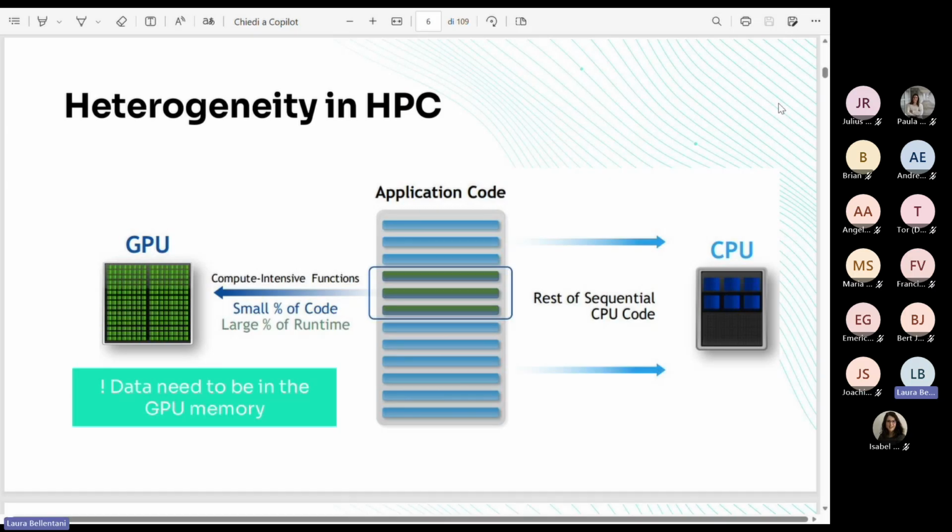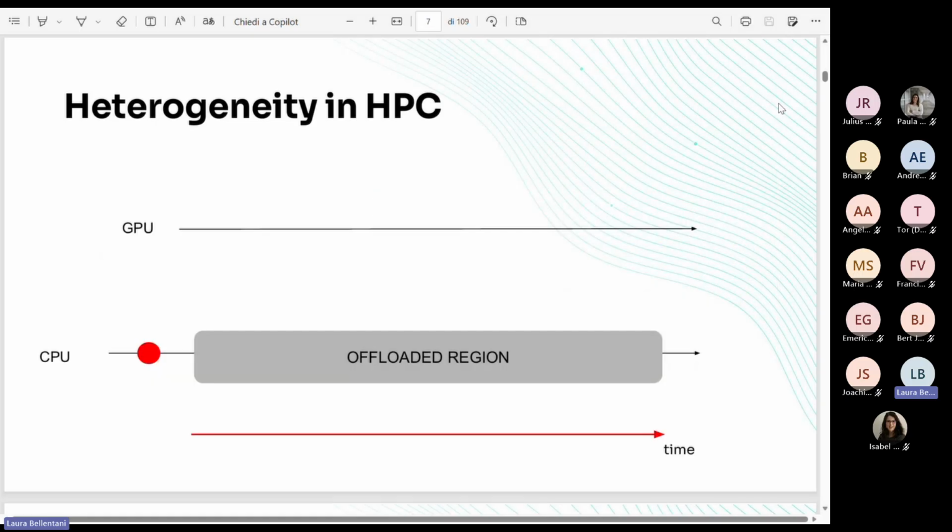We also have to take into account that the GPU needs to have the data on its own memory in order to compute. So I will show in the next slide how the CPU and GPU interaction is typically visualized in a timeline view.